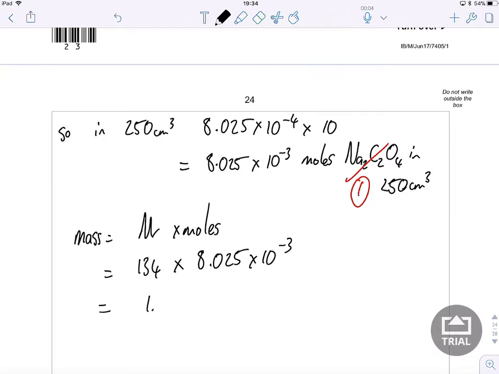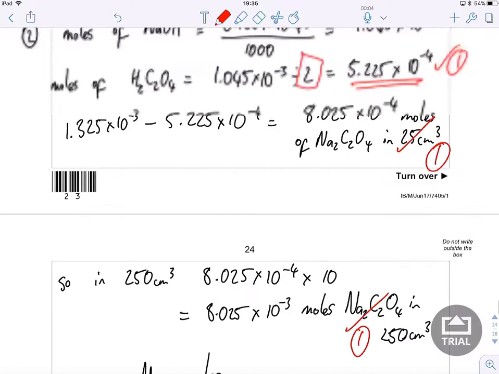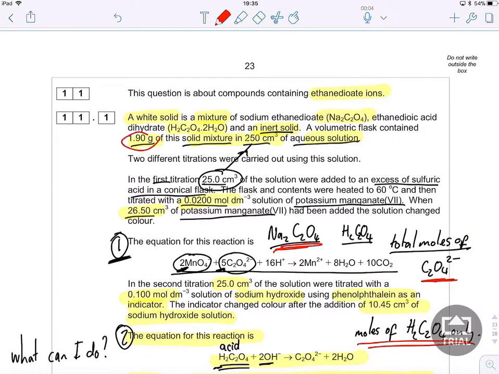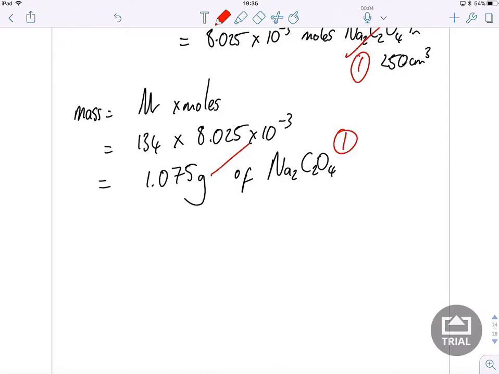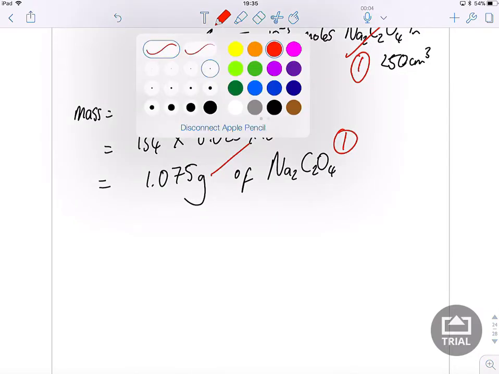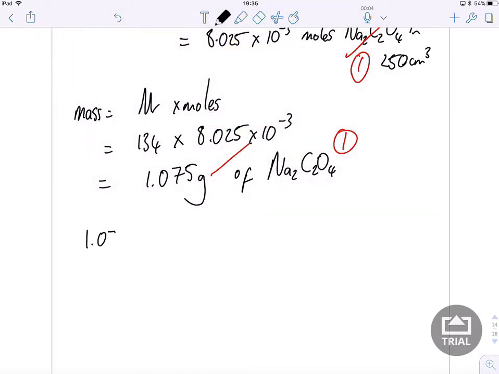That gets me 1.075 grams of sodium ethanedioate in my original solid. I can check that that should be less than the 1.90 that I started with, which it is. That's mark number 7. Mark number 8 is for working out the percentage by mass: 1.075 over 1.90 times 100 gets me